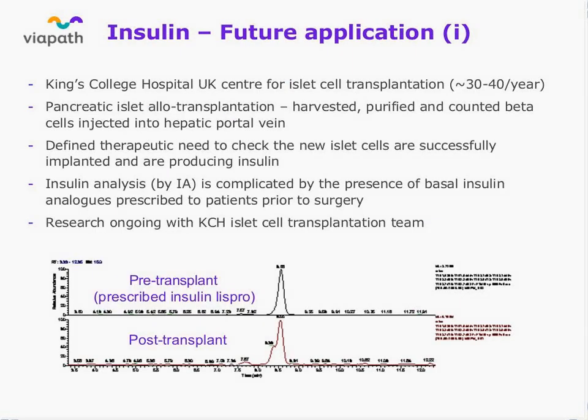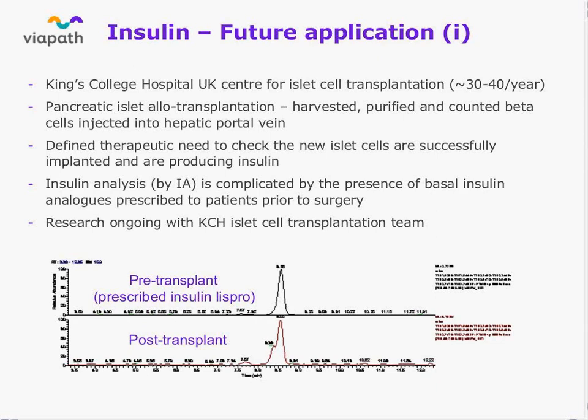So that's where we are with the assay. And just to finish, a couple of quick applications, some work that we've done. It's preliminary work really, but I think has significant future applications. The first of which is that King's and Guy's are involved in islet cell transplantation or whole pancreas transplantations for